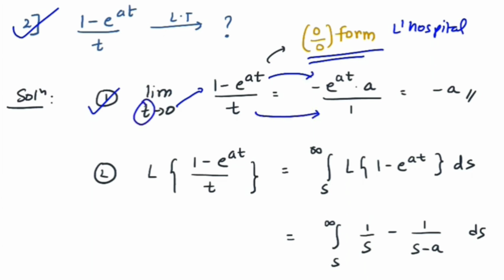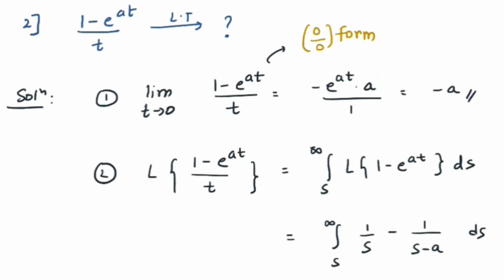So the variable here is t, so we are differentiating with t. The numerator answer would be, after differentiation, minus e raised to at into a, and the answer for denominator would be 1. Now if you put t is equal to 0 in this new function, the answer is not 0 by 0 form. If the answer is not 0 by 0 form, then you are getting the final answer. So what's the final answer? The answer is minus a. Now in the first step, we understood that the limit exists. So in the second step, we can use the formula: Laplace of f of t upon t is equal to integral from s to infinity of Laplace of f of t, which is nothing but capital F of s ds, right?